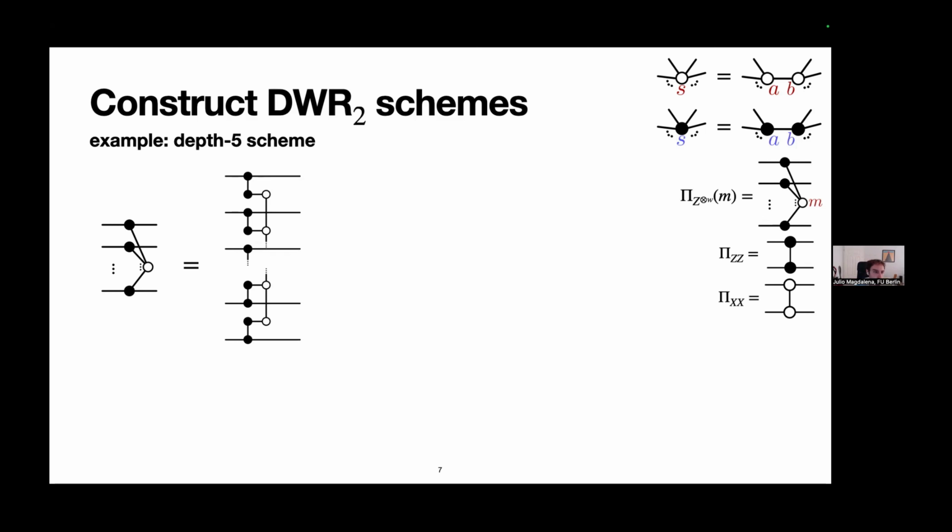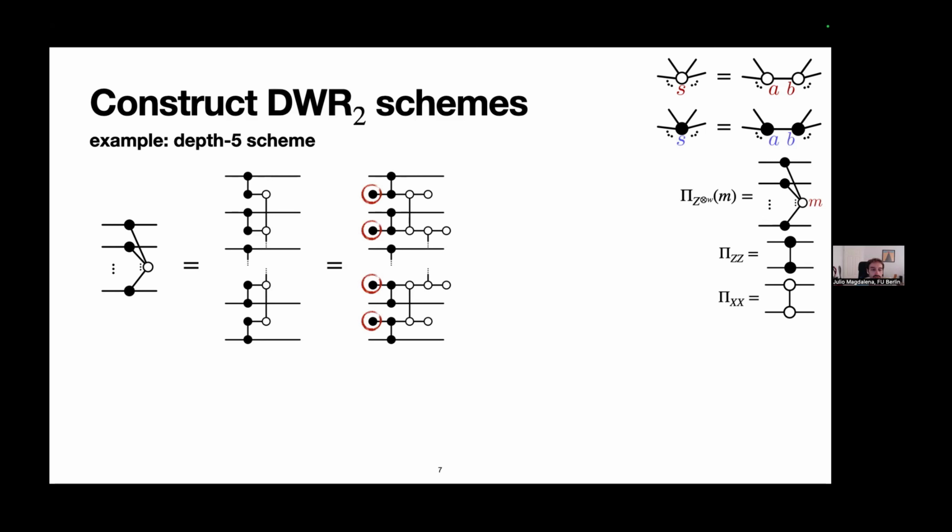We can do this by first splitting up the X tensor into W or W minus 1, depending on whether the number of qubits is even or odd, individual tensors that live between the lines, and then we use another splitting operation to get to this diagram,